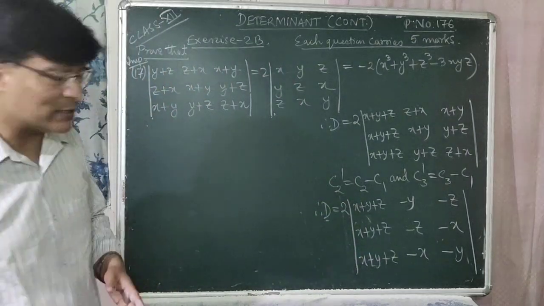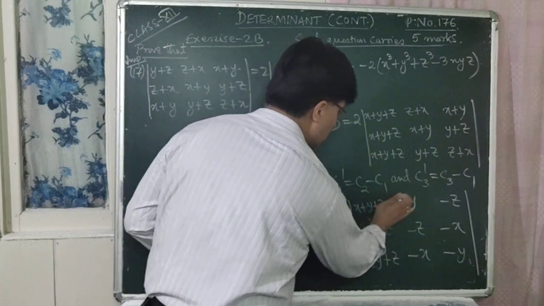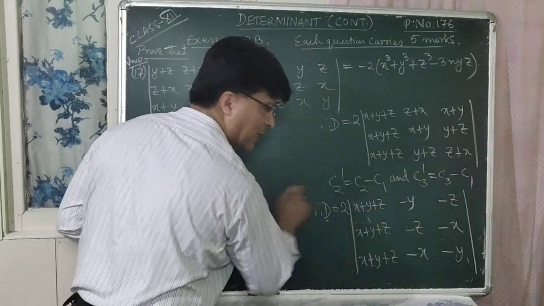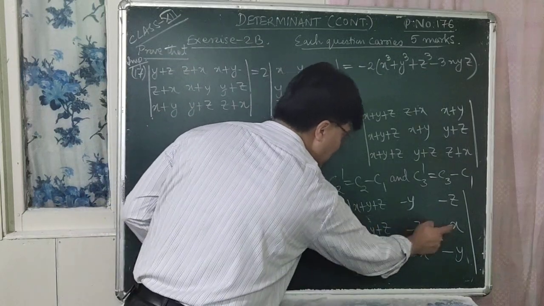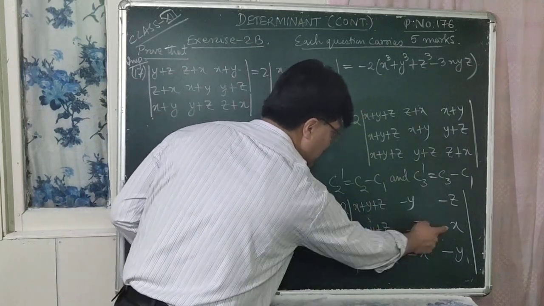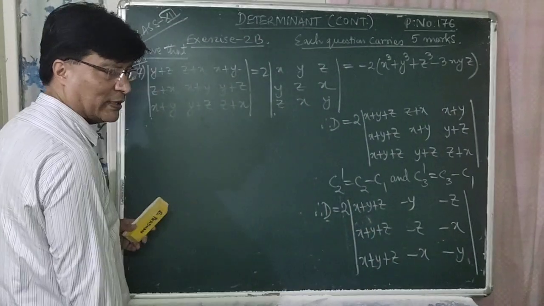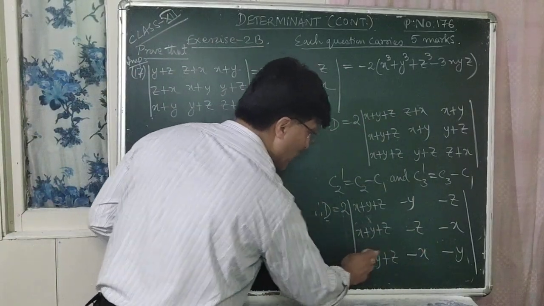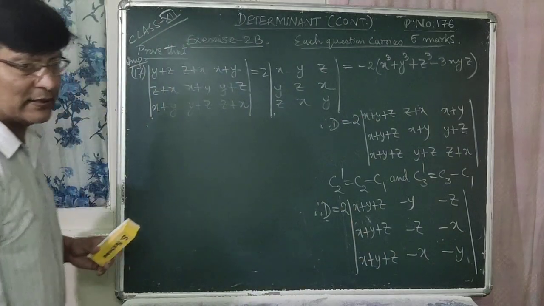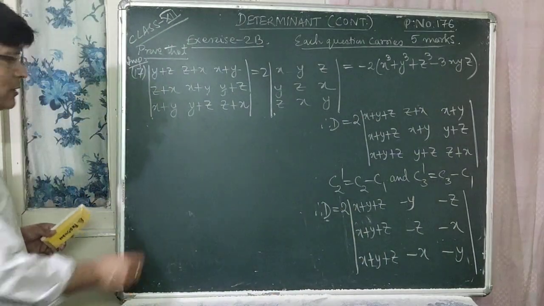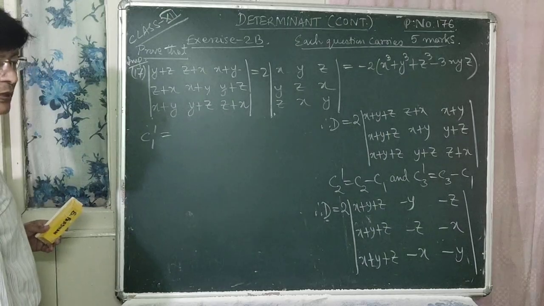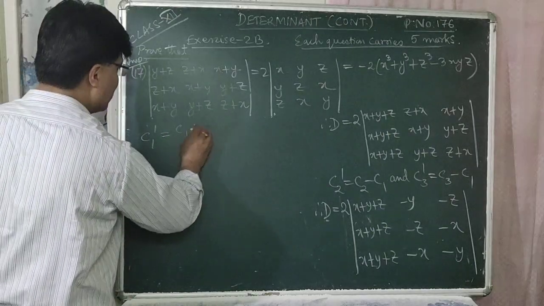So how can you make it? C1 plus C2 plus C3. Y minus y, z minus z cancel, you get only x. Similarly here, z and x get cancelled, you get only y here. And in the third row, x and y cancel, you get only z. So what is the property that you can use here? C1 dash is equal to what? C1 dash is equal to C1 plus